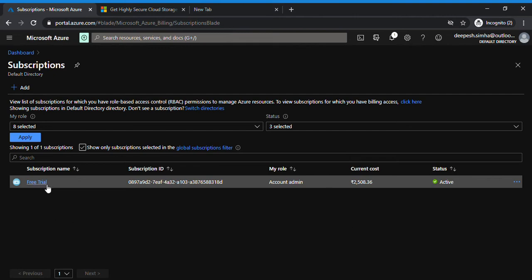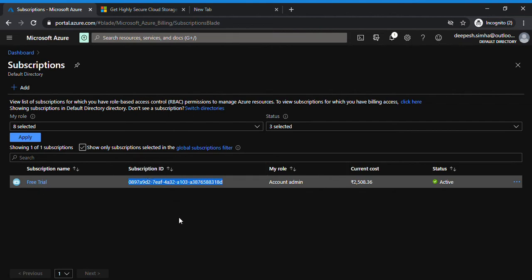Now this is something you're looking at: the free trial and the subscription ID. What is meant by subscription ID? You are going to have a unique subscription ID for each subscription. Basically, the subscription name can always be changed. For example, you have a free trial, and I can rename it to my test Azure subscription, or my training, or anything. In real time you're not going to see it as a free trial. You're going to name it as per your business standards and project-related information, instead of free trial. But you cannot change the subscription ID.